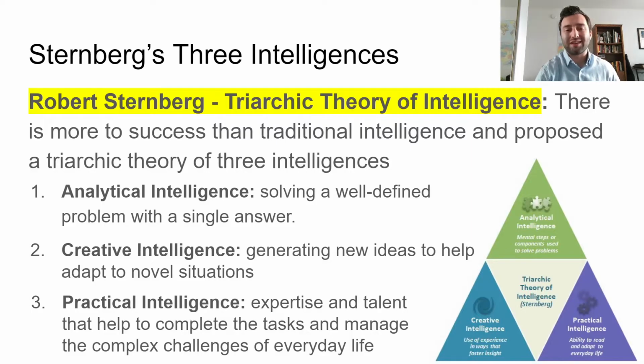We also have what is called creative intelligence, which is pretty straightforward, right? This ability to generate new ideas, these new things that are novel and helpful as well. It needs to be something useful. We talked about creativity a little bit earlier with thinking, so it's just your ability to come up with something new that is going to be useful in a new or novel situation. We also have what is called practical intelligence. You can kind of think of practical intelligence as like street smarts.